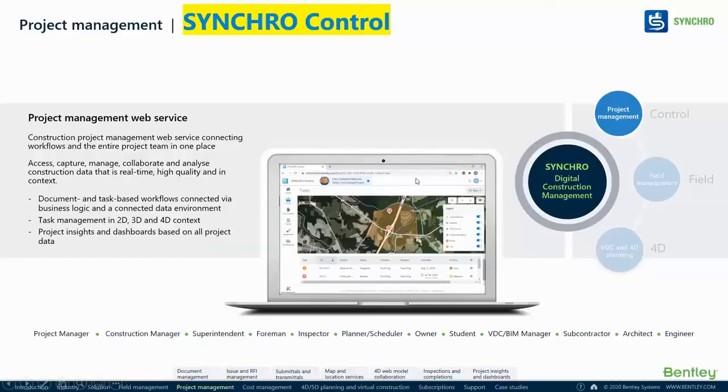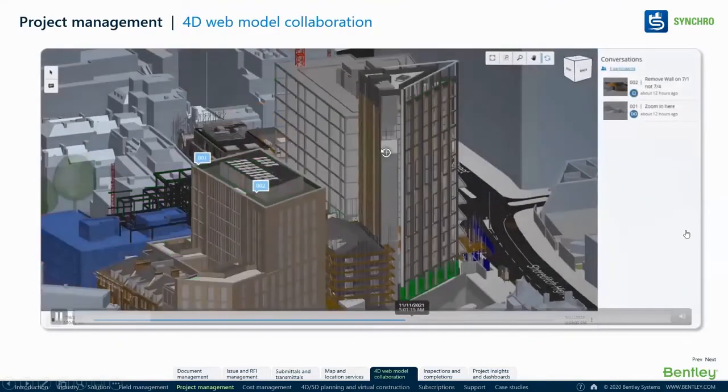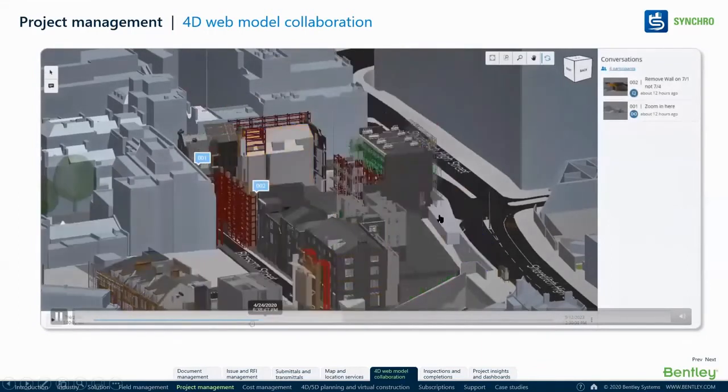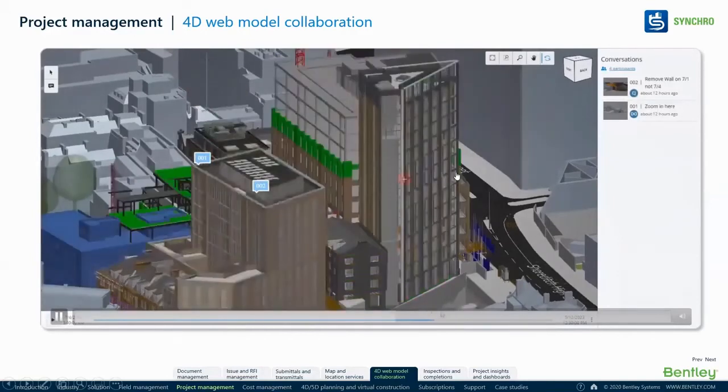So let's move on to Synchro Control. As I mentioned, I think I am running out of time, so let me quickly go through it. Synchro Control is the hub of the Synchro 4D platform, basically used for controlling the project. If someone does a schedule or a 4D simulation in Synchro Pro, they can import it over here and see it in a web browser.